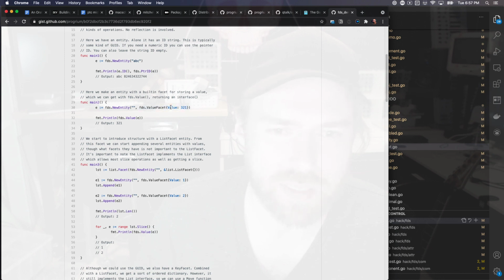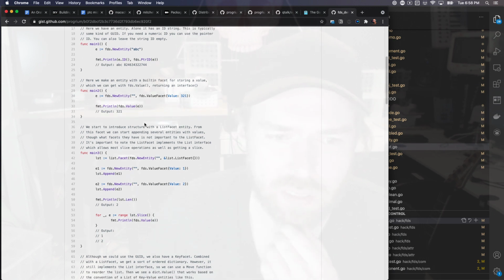Anyway, we have a value facet with one field, value. And so now this entity is or has a value, and we can treat it that way. Getting the value is kind of complicated, because the way you might do this without any helpers is you would, on the entity, say get value facet ID, and then you'd have to type assert to value facet, and then you can get value. So we create helpers like this that will give you the string or the interface value given an entity. In this case, the helper function is called value, which is interesting